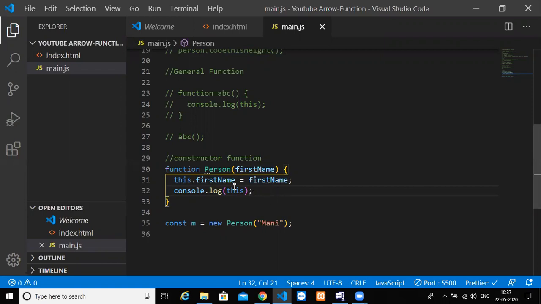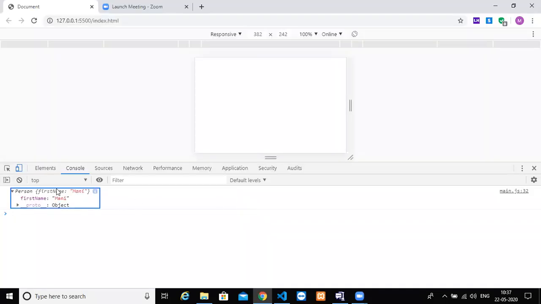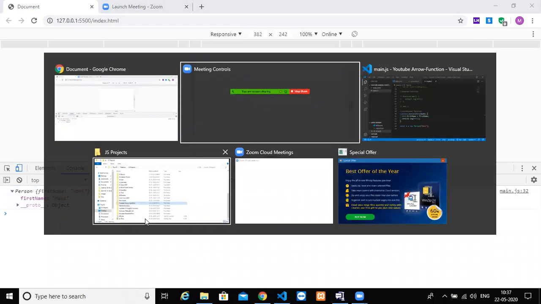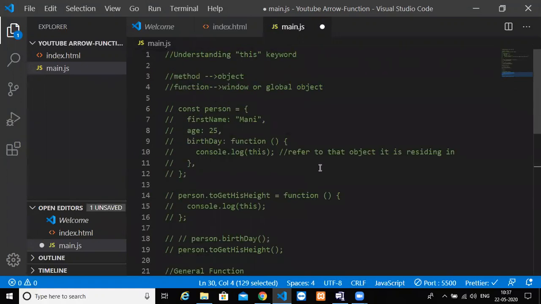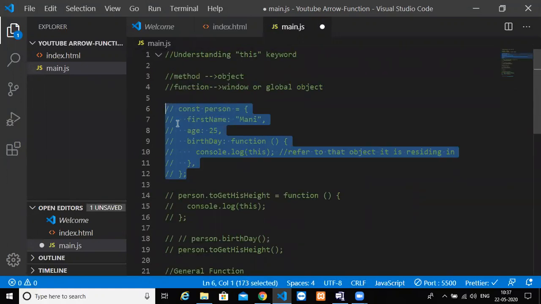The this keyword inside a constructor will give you a new object. Don't worry about that. It will give you a new, different object. So this is about a constructor function. Now we'll get into a bit of complication here. We'll uncomment this, right?